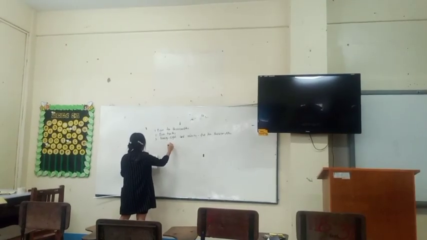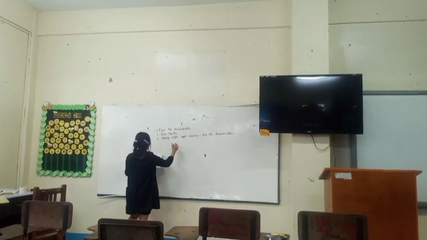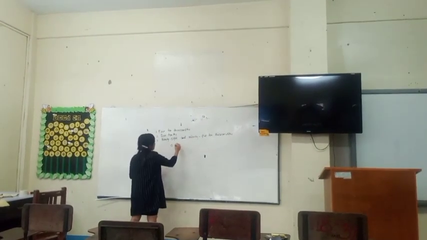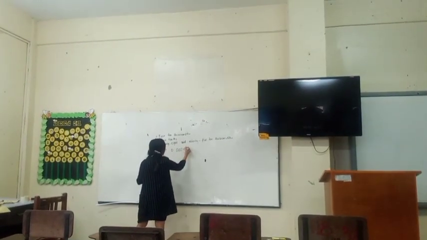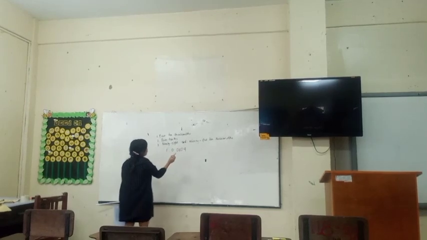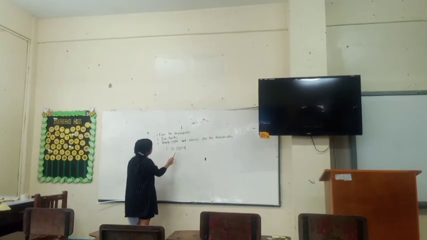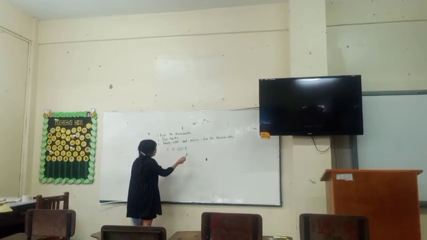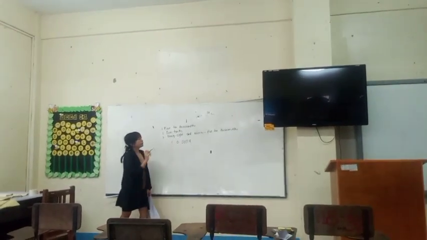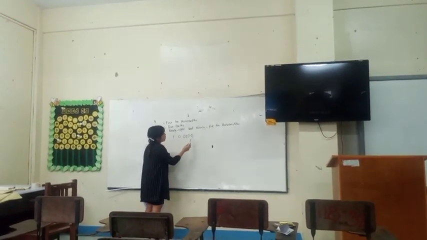So you will add 4 zeros and then so this is the way you read it, for 10,000. Always remember that you put the main digit or the digit on